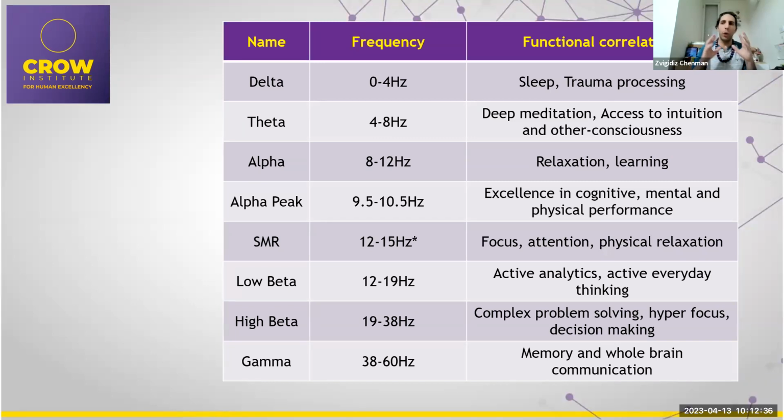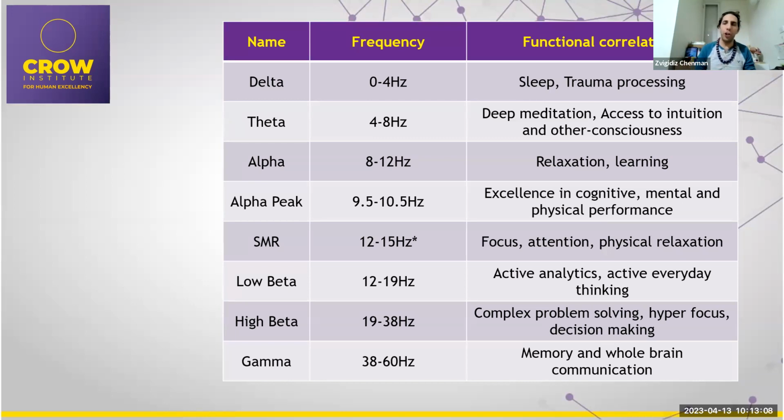So basically, when we go to train the brain, and specifically to train the brain for peak performance, there are several things that we want to do. We want to enhance intuition, what we call other consciousness, which was otherwise known as unconscious or subconscious. I prefer the term other conscious. This is part of NLP understanding. We want to teach it to relax, to learn, to be flexible, to perform in a specific mental state, and to be able to shift gears from one state to the other and move through those frequencies rather easily.